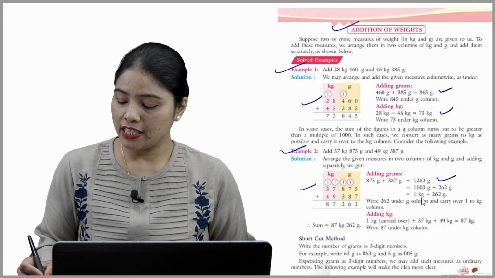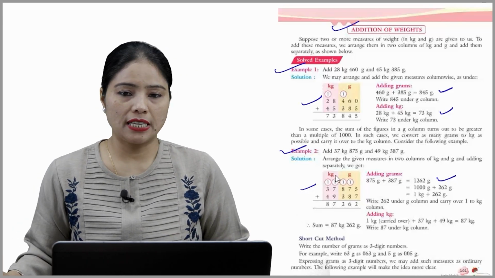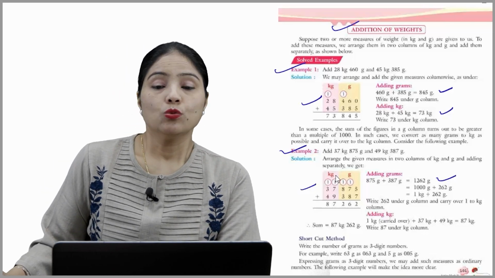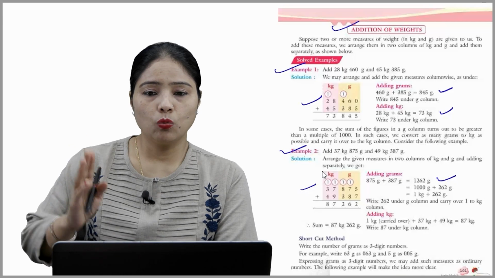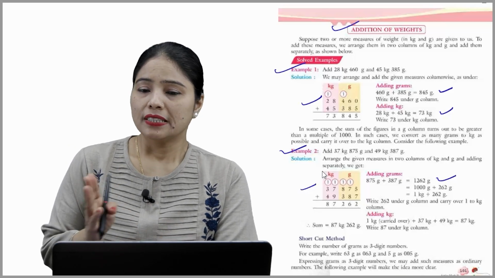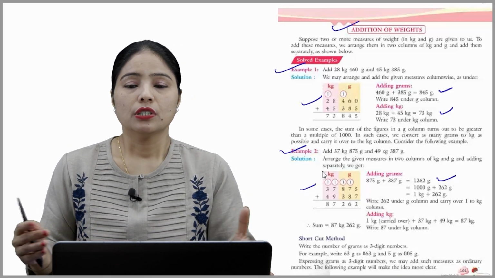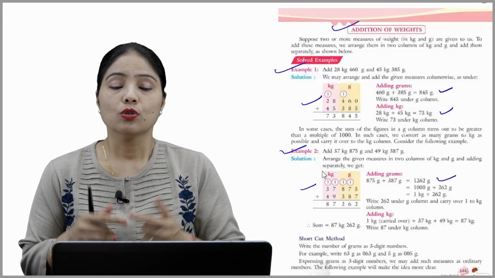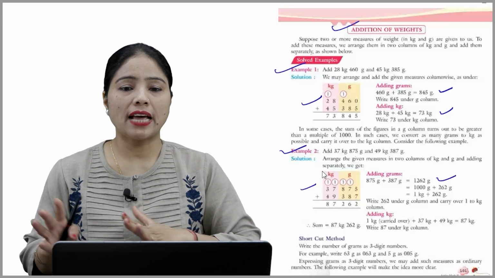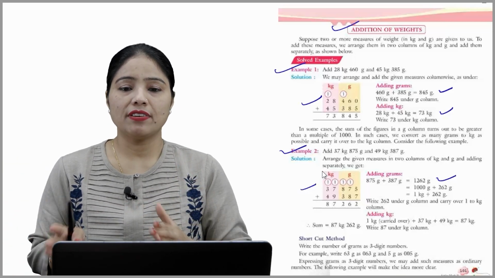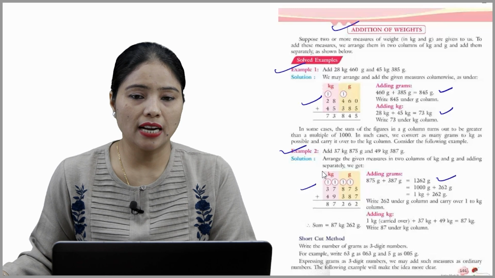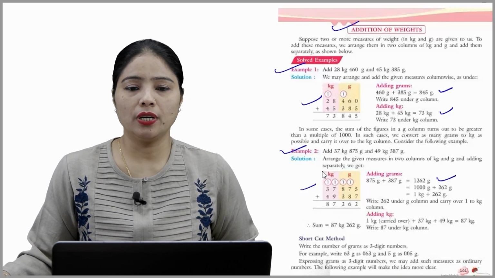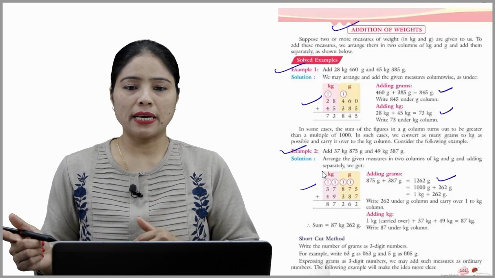Okay, जो ये 1 kg है हमारा, ये हमारा kg के कॉलम में चला जाएगा. Now adding kg. अब kg के कॉलम्स को ऐड करेंगे. So यहाँ पर क्या बना हमारा? 1 which is carried over, 37 and 49 now. Now add all the 3 values, you just get 87 kg. So we can say that the sum of that number is 87 kg and 262 gram beta. I hope you understood whole concept very nicely. Okay. So now shortcut method.